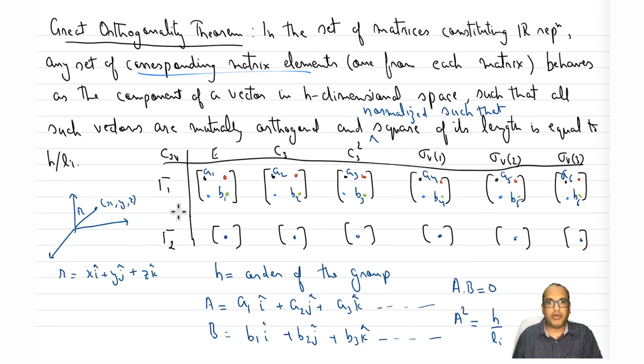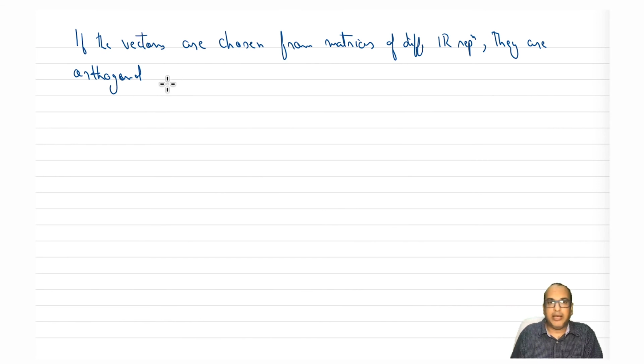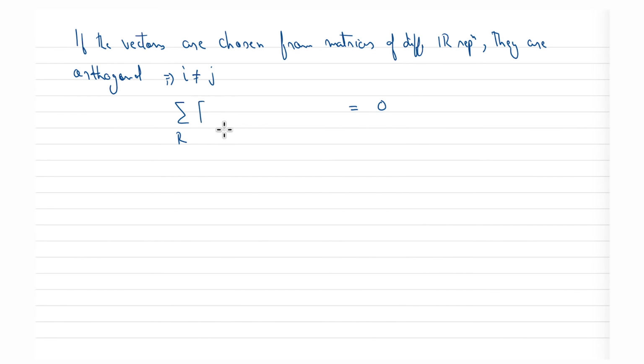So we saw the example of different irreducible representations, that is tau 1 and tau 2. If we are taking vectors which are formed by components from different irreducible representations, then these will be orthogonal. So this implies that i is not equal to j. The moment you say that i is not equal to j, the right hand side goes to 0, right? And what happens to the left hand side? The left hand side remains same, right? There is no change. So what we had will remain same: tau i r mn, tau j r m prime n prime, right?